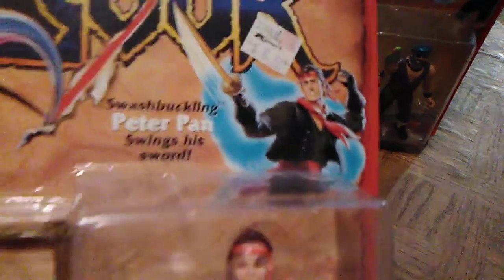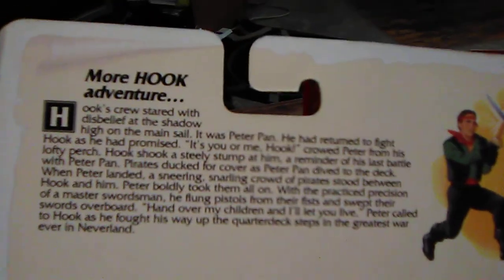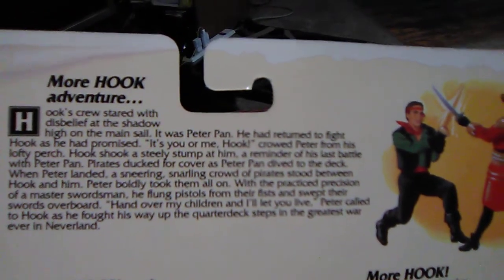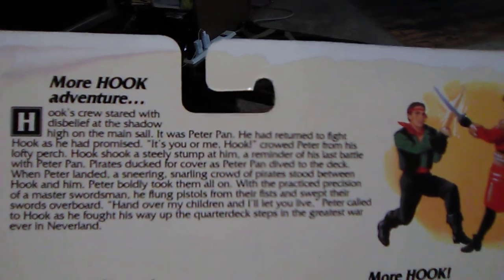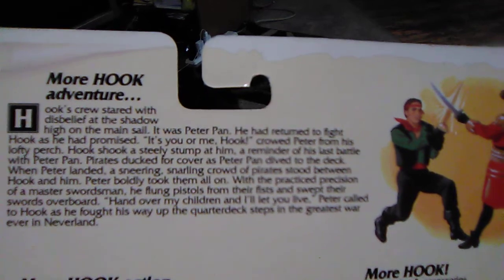And very sweet figure. Let's get a good shot of him. I love the paint applications and the sculpts on these figures for '91. I think they're very well made. And all of these figures have different card backs, because if you go to the back here, you get an actual story, a write-up, which I'm not going to read off, but if you want to pause it and read that, you can. I definitely would probably stumble over some words on that one,